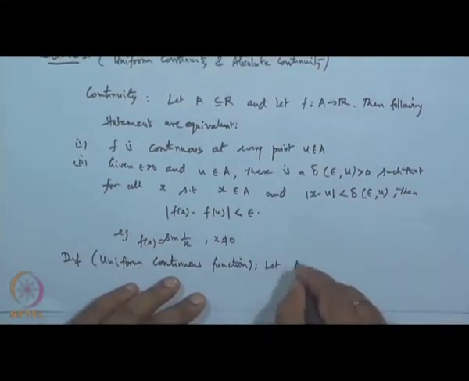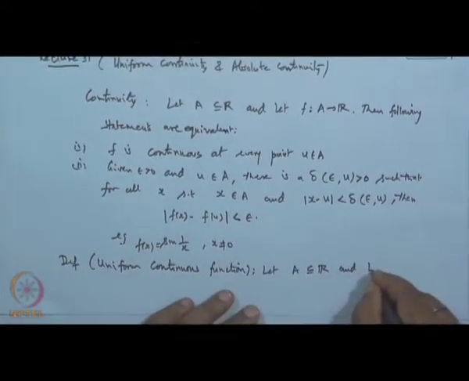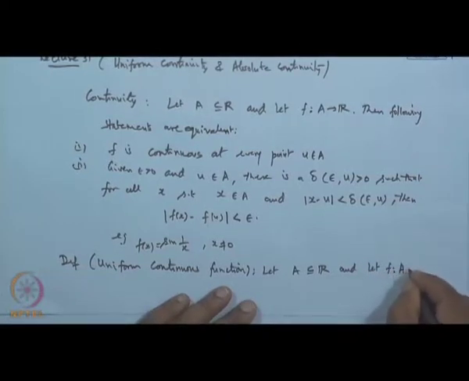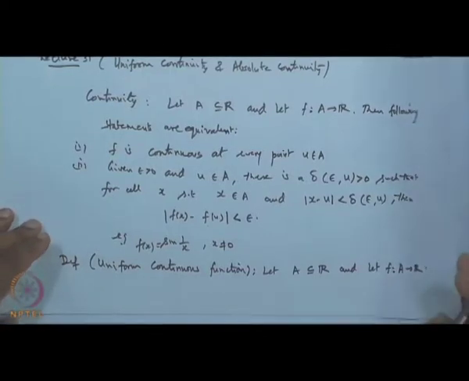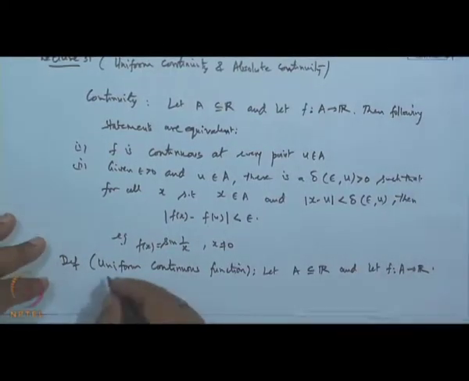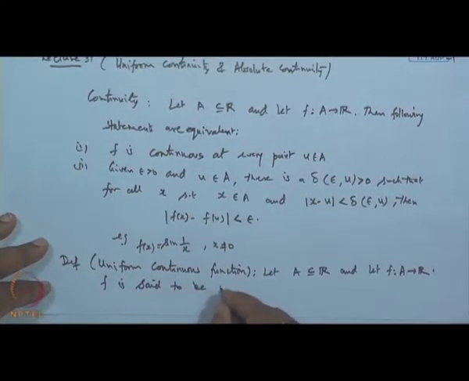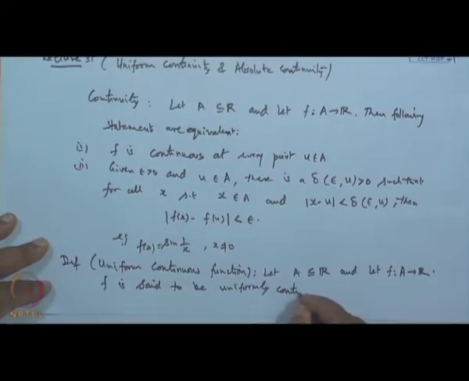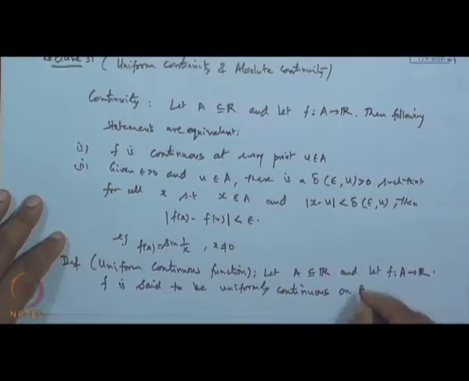Let A be a non-empty subset of R, and let f be a mapping from A to R. We say f is uniformly continuous. f is said to be uniformly continuous on the set A if for each